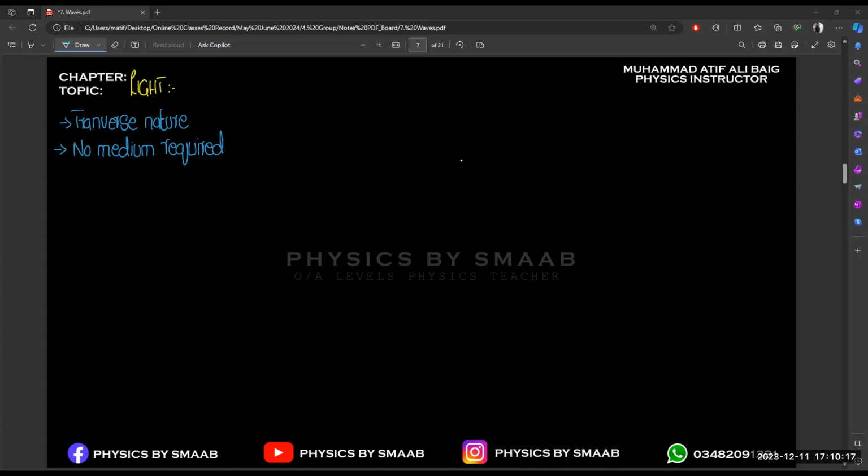And the third important point is related to the speed of light. We represent the speed of light with a symbol c because it is a constant value. It remains constant everywhere. We can also say that light is a universal constant. So the speed of light remains the same everywhere in the whole universe. That's why we write the symbol of the speed of light as c, and the value of this speed of light is 3 into 10 to the power 8 meter per second. So this is the first concept.